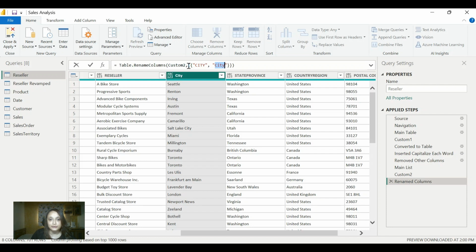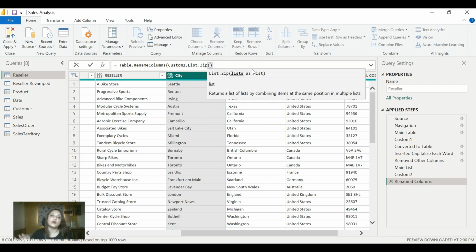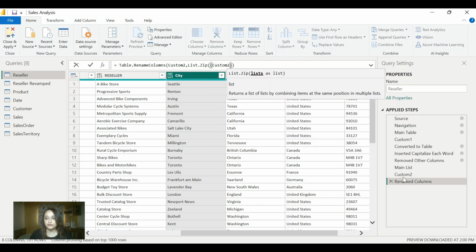So let's remove everything after the comma, and then there is a function called List.Zip. So I'm gonna add that and remove this list. Okay. Add a bracket. What it shows is it's gonna return a list of lists by combining items at the same position in multiple lists. Very complex. Even I don't understand it. But what I do is I'm gonna add a curly bracket and then add custom to. Why custom to? Because that's where we have left off the last step. So I'm just gonna add custom to,